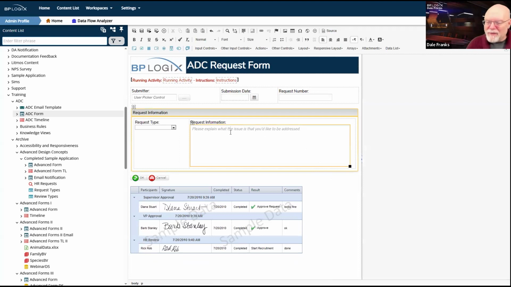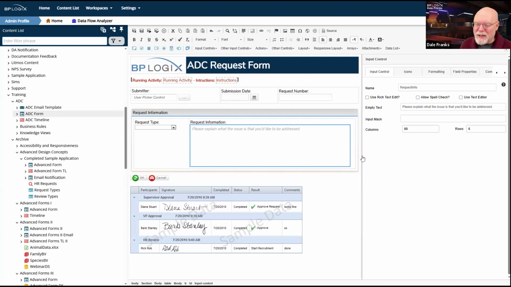Because if it's just going to be plain text, I'm not sure how much space you're actually going to need. But now that it's a plain text control, it will just store the plain text. So if we make a reference to this via system variable, it'll just reference our plain text. Great, we've got our initial fields.